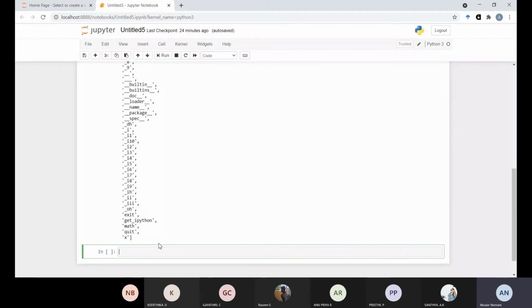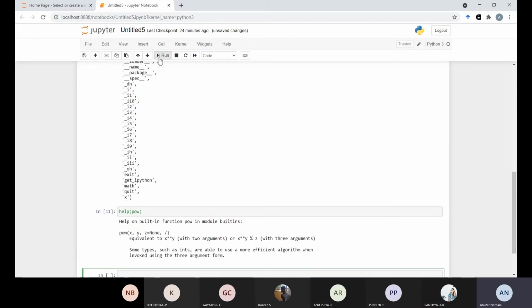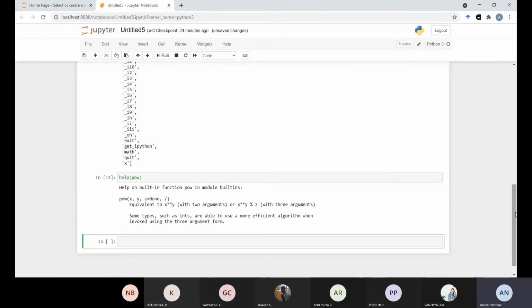So if you want to take help of Python, you can type this function, and it will guide you. It says help on built-in function pow: pow(x, y) is equivalent to x to the power y with 2 arguments, and x, y, z with 3 arguments. Sometimes it uses more efficient algorithms when we work with it. So this is the Python help. With this, if you want help from Python, it will guide you. For convenience, it is made for help for you.